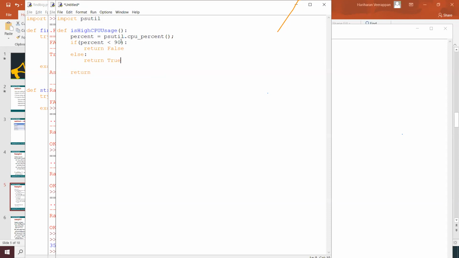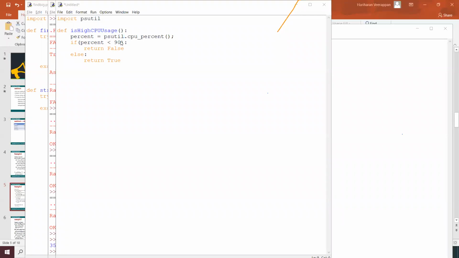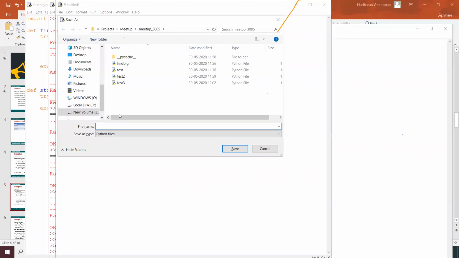This provides whether we can test what the current CPU level is.